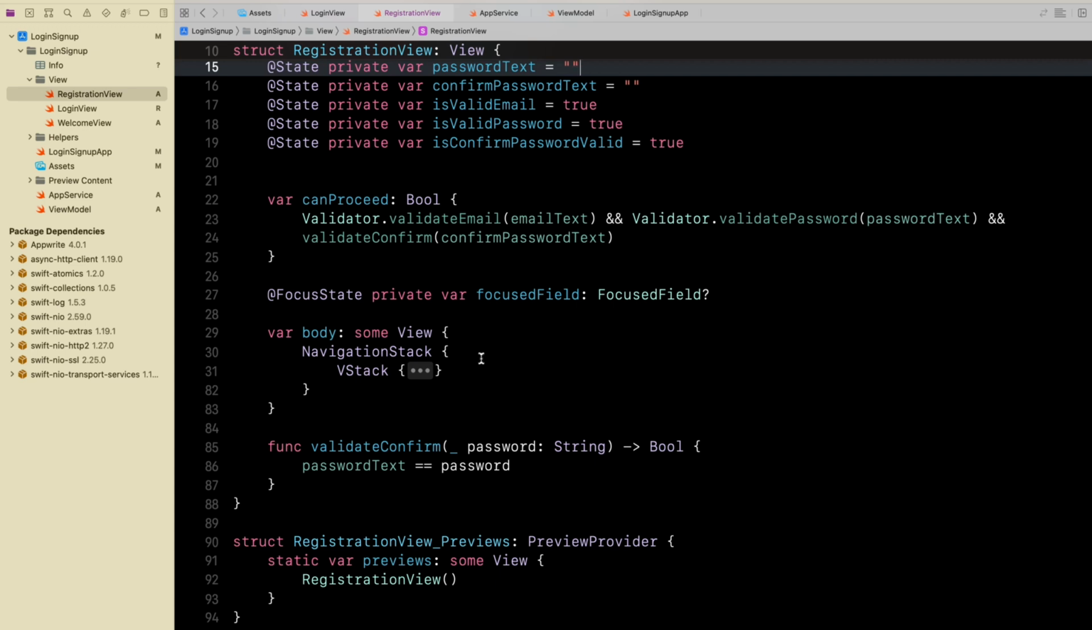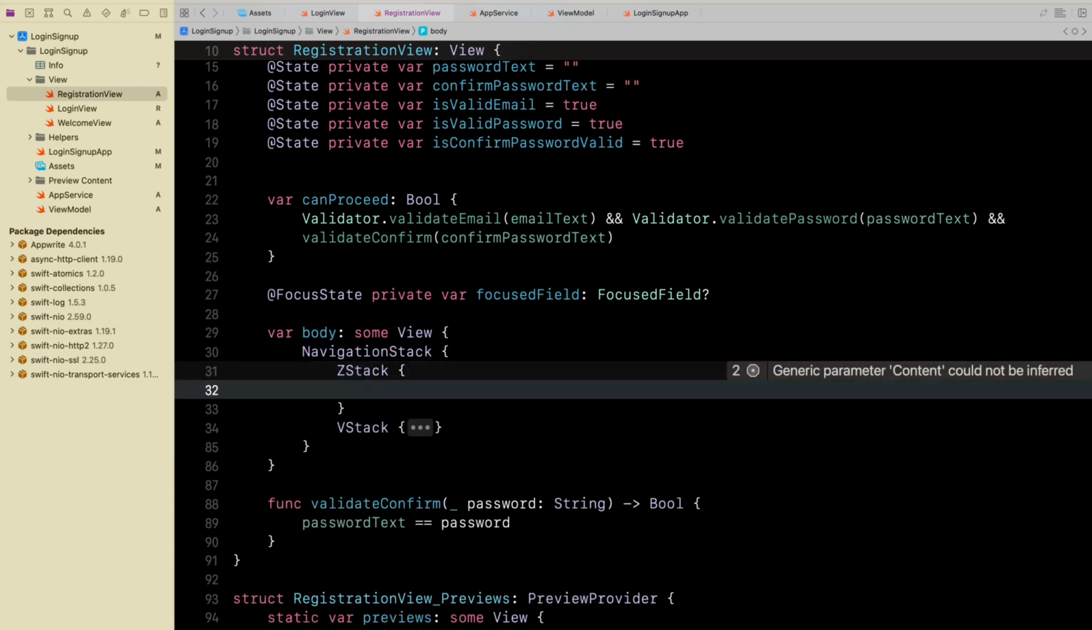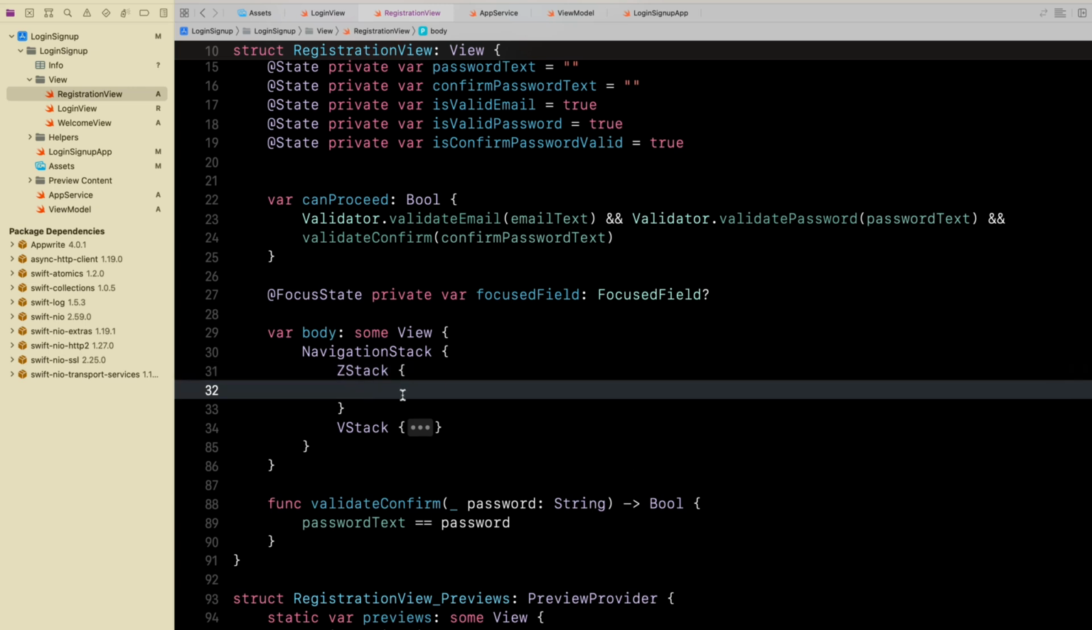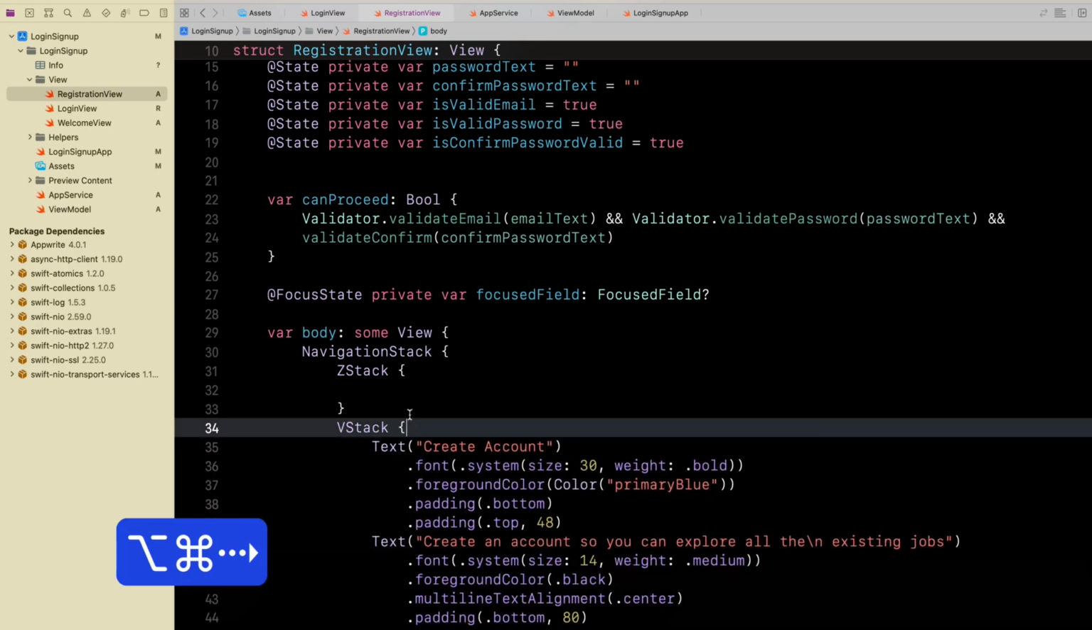Alright, on our view, I want to show a progress view, the activity indicator when it is loading. So I need to put on the Z stack to be over everything. Okay, so I'm gonna use the Z stack, and one tip, when you want to put something big inside another stack, just fold first